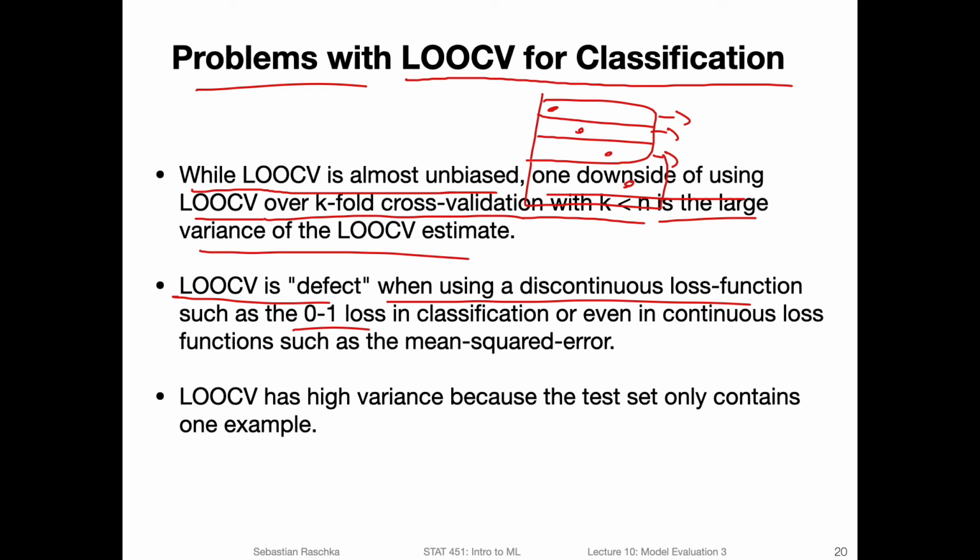Some people also say that leave one out cross-validation has a high variance because the test set only contains one example, so there's a large fluctuation between those, because the test set is very small. The smaller the test sets, the larger the variance, because each prediction estimates the true generalization performance not as well as if you would have more samples. It's kind of related to the sample mean distribution, where you divide by the square root of n. The larger the sample size, the more reliable your estimate.